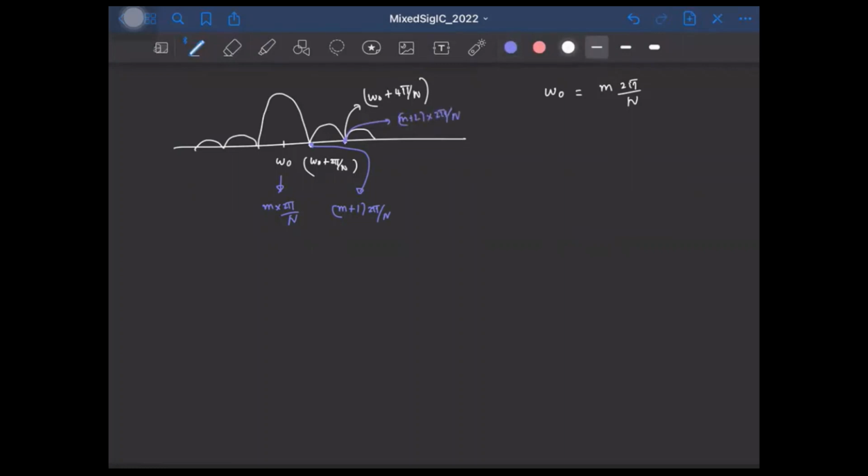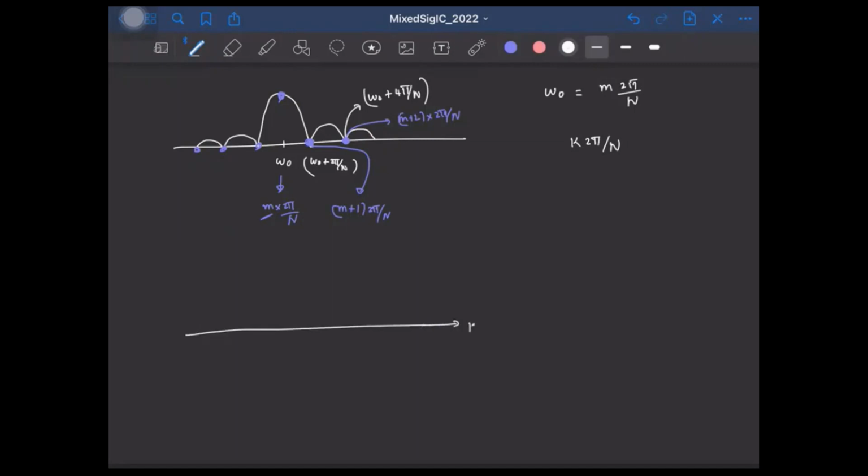So to find the DFT, we are going to sample the spectrum at k 2 pi by N. Okay, so what will happen? At this point, we'll be sampling this at m 2 pi by N, so we'll have this sample, and the next sample will be here, that will be 0. The next sample will again be 0, and all the other samples will similarly be equal to 0, right? So finally, what we'll end up with